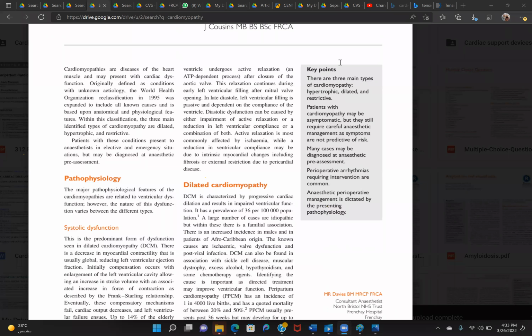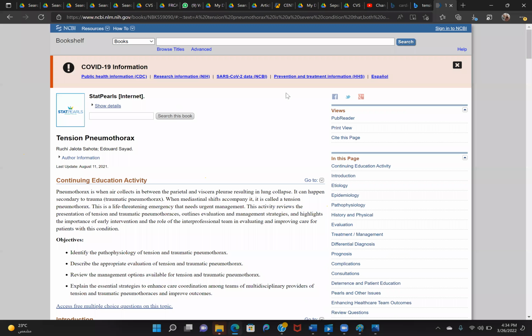Okay. So tension pneumothorax, some words about tension pneumothorax. What is tension pneumothorax, Sumaira? How do you deal if you find a patient with tension pneumothorax? What will you be doing? Sir, in tension pneumothorax, there will be a collection of air in the